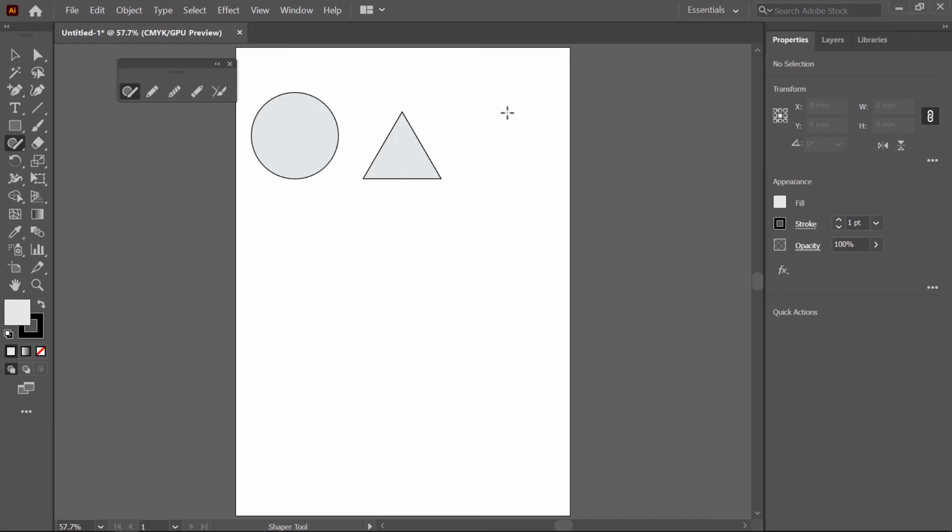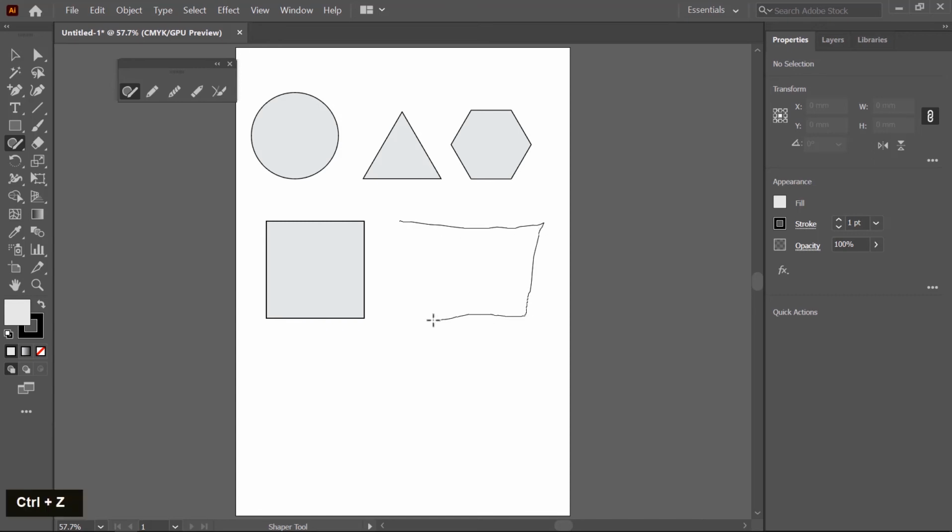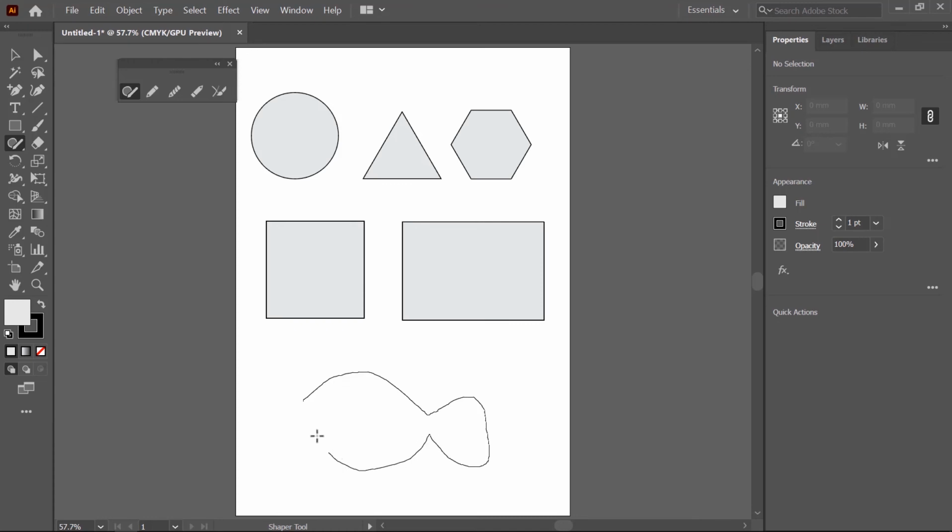And if you want to create a polygon, first click and drag like this. I create a little bit weird shape. So this will convert into a polygon shape. If you want to create a square, click and drag and it will convert into a square. Or you can also create a rectangle by using this like this. So this tool can create basic shapes like square, rectangle, triangle, circle or polygons. And if you want to create some complex shape like a fish, this will not be possible by using this. So you will not get any result.